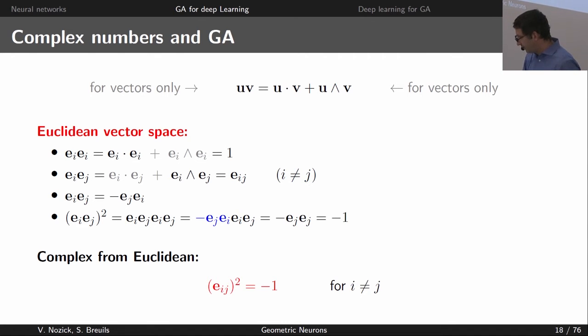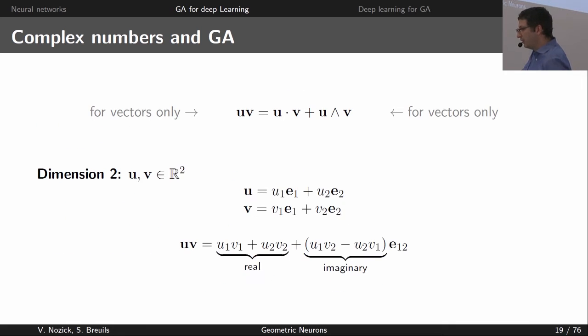So complex numbers are clearly geometric algebra. If you want to be a bit more convinced, just consider two vectors of dimension 2. If you do the geometric product, the inner part will make a scalar, and the outer part will make something related to e1 e2, a bivector that squares to -1. So we can replace this one by i. This is really the imaginary part. So actually we are doing geometric algebra.